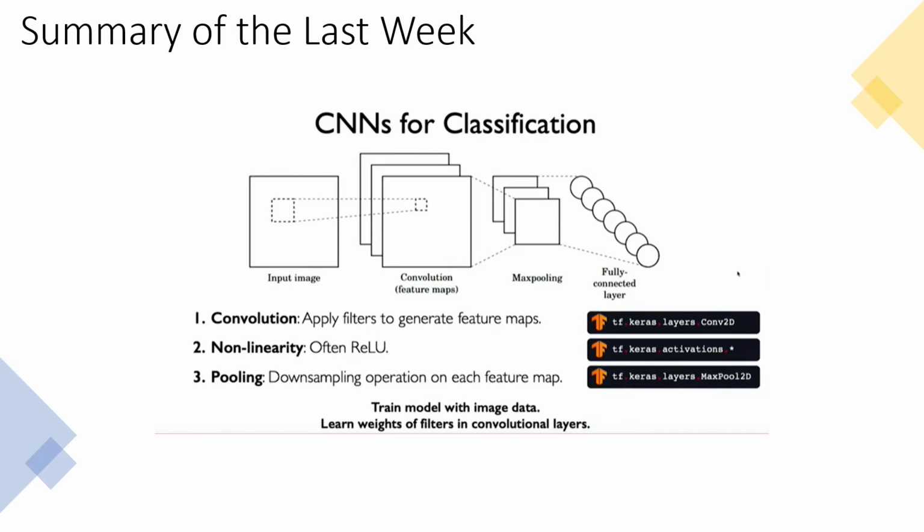It can solve very basic problems, but real problems are not really that easy. And you always need some nonlinearity with your problems. And the third operation is pooling, which is basically the downsampling operation. Okay. With these 3 operations or 3 operators, we can basically define our convolutional neural networks,